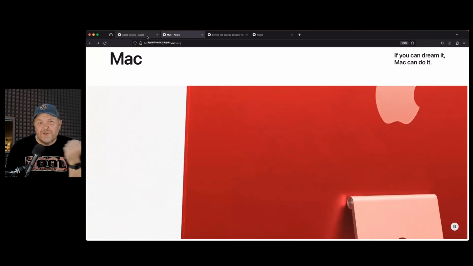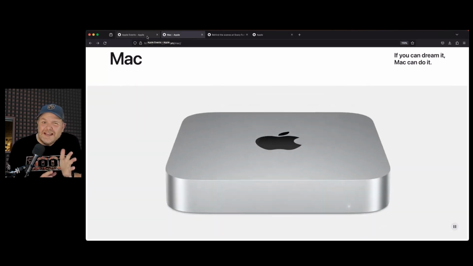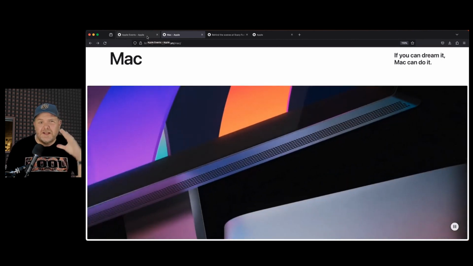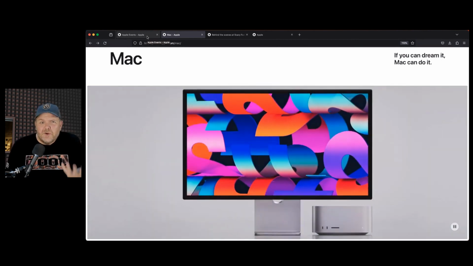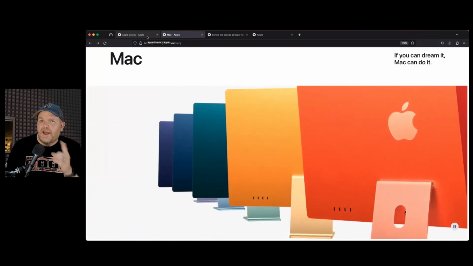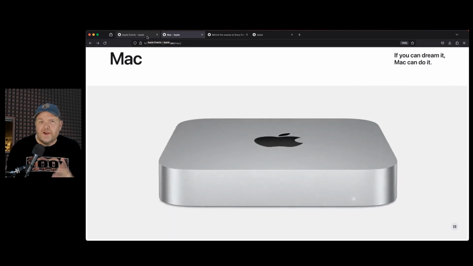If you're in the market for a new Apple Mac computer, it can be a little bit challenging because there are so many makes and models and sizes and screens and gigabyte choices. You don't really know where to start. Well, in this week's video, I'm going to be breaking down all the details and helping you decide which Mac